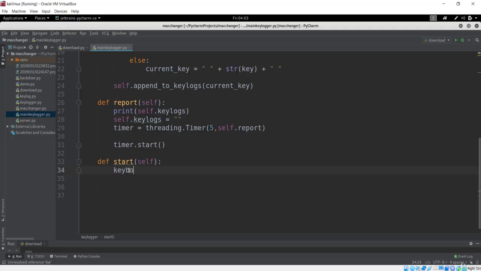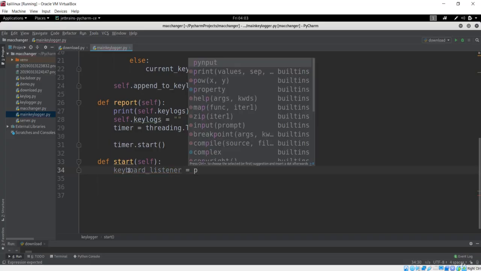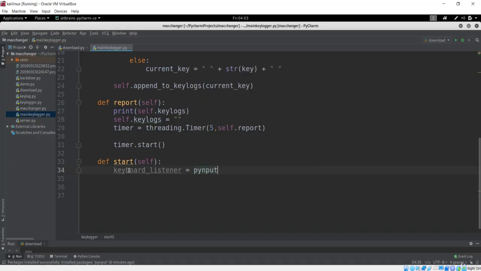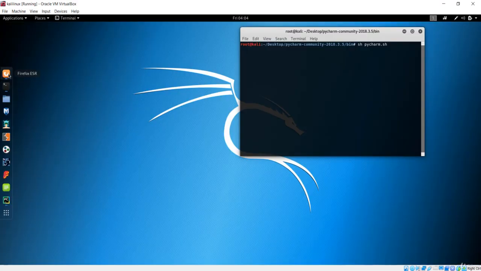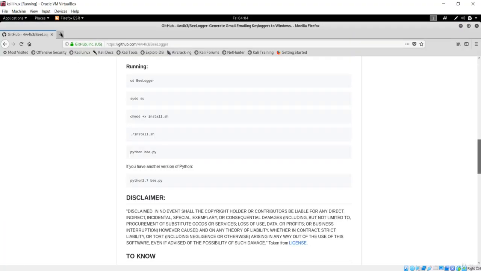So I'll just say keyboard and listener. This is basically the listener for our pynput module. We have used this pynput, and the listener will be keyboard, and I want to make use of this listener module. Here let me just go to the documentation. I think I forgot here, that is maybe on press or on click, but if that was on click it would be for the mouse module. I think it is on press.